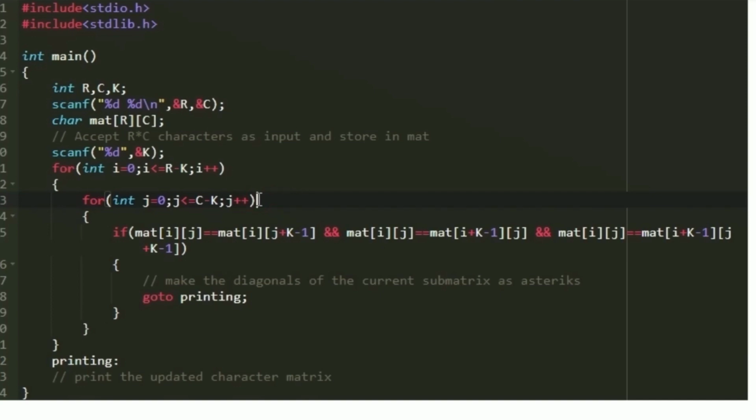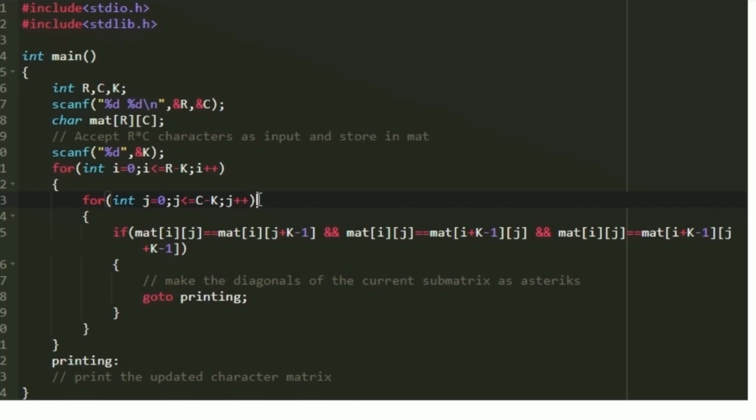It is not given in the question that we should be iterating only through non-overlapping submatrix like that. So we should be iterating through all possible K cross K submatrix. So that is why the value of i and j is incremented by 1 in every iteration. So now in every iteration of this loop we know that the value of i and j is nothing but the starting index of the particular submatrix. So we know the starting index and we know the size of the submatrix.